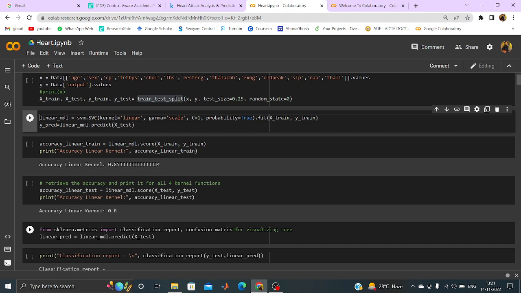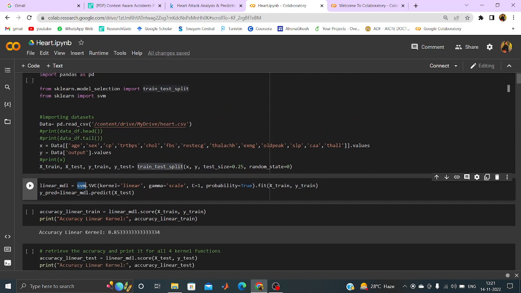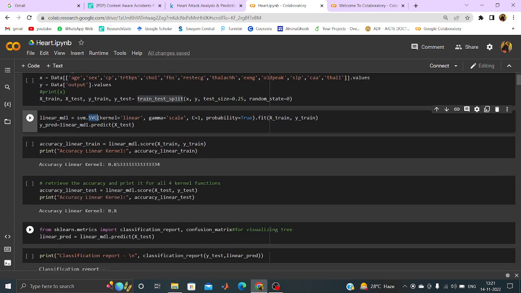So if I consider the linear kernel, then I have named the model as linear underscore MDL. MDL stands for model. As the linear kernel has been considered over here, I have named the model as linear underscore MDL. And then from the SVM package I have to use the SVC function, and inside that function I have